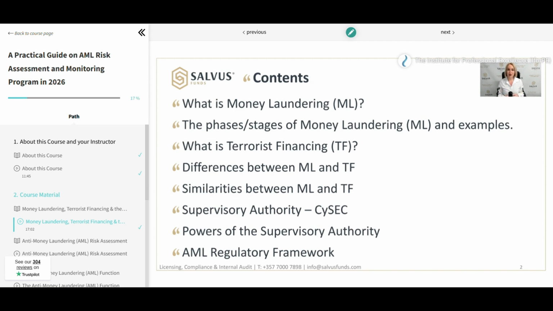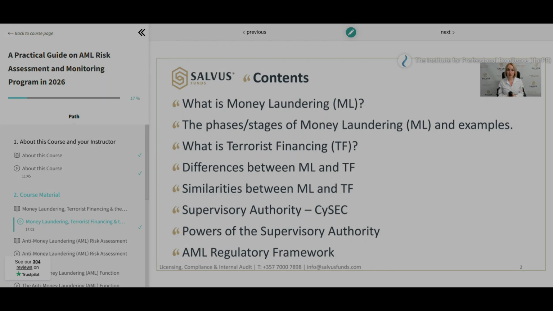We will then compare money laundering and terrorist financing by identifying their differences, and then we will also look at their similarities. The section will also introduce CySEC as the supervisory authority, and we will discuss the powers of the supervisory authority. Finally, we will go through the AML regulatory framework so that we understand the main European directives and national laws that shape AML and CFT obligations. Now that we have the roadmap for this,